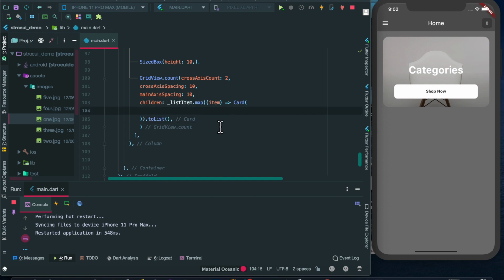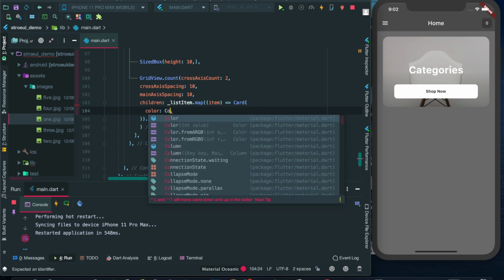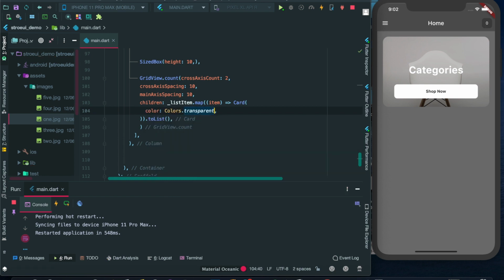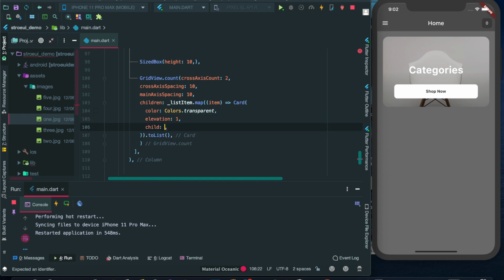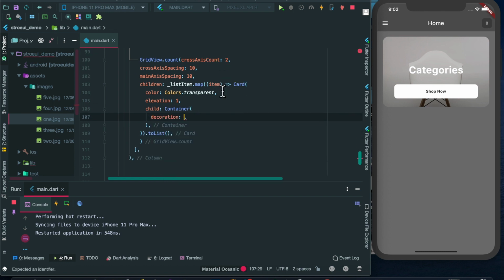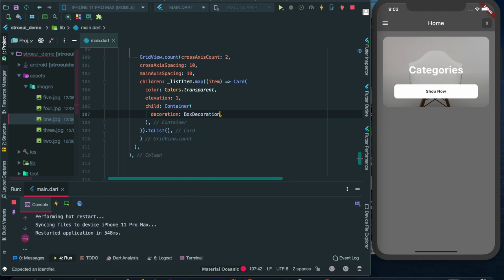Okay, then in this card, let's give the card a color. Let the color be transparent because we have to mention that particular image. Let's give some elevation, let's say 1, and let's have a child to that card. So let's have a container in that card, with some decoration because we have to implement that particular image in it.